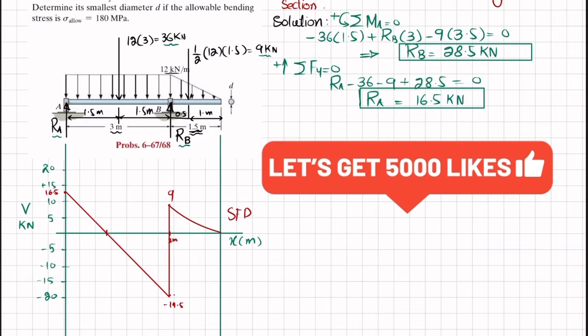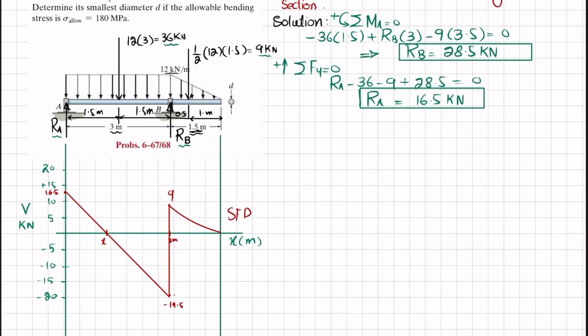Now at this point you can see we have shear force 0, and at this point the bending moment will be maximum. So for that we will find this x. So for x we will cut this beam at any length x, and we'll draw the free body diagram of this beam. So this is RA, which is 16.5. This is the length x over which we cut this beam, and there is a uniformly distributed load which is equal to